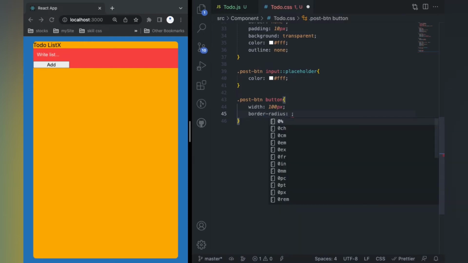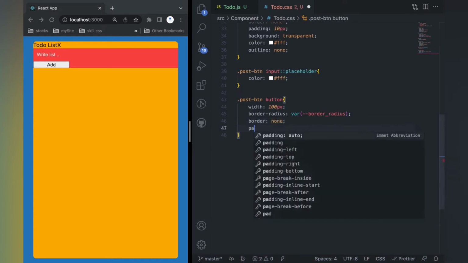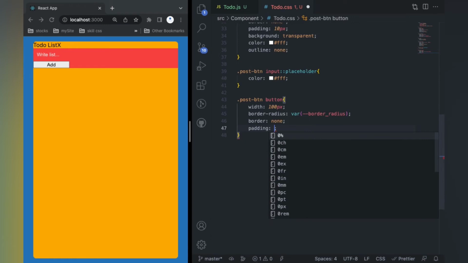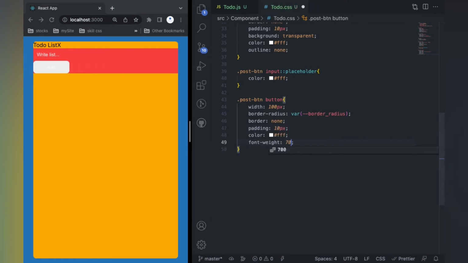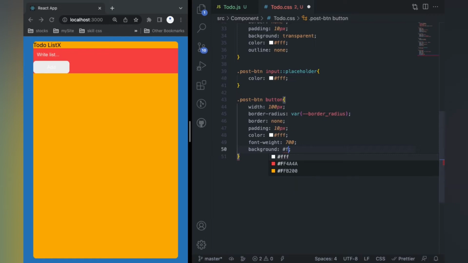Actually I will provide the border radius first. So border radius, and then I will write border none, so the unwanted border will be removed by that. And then padding 10 pixels. So I will change the background later. Font weight is 700, and background will be writing